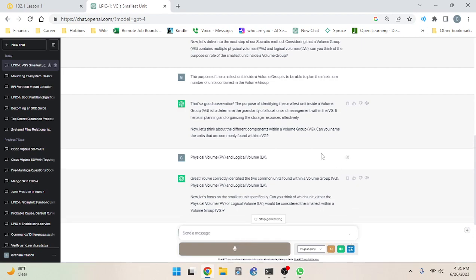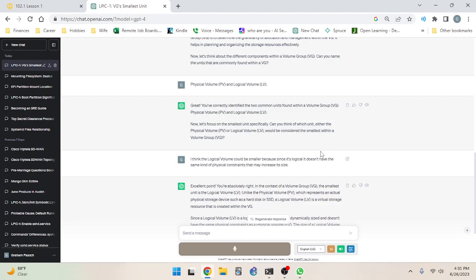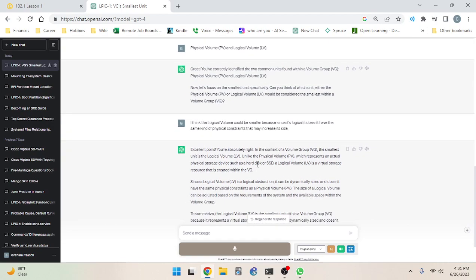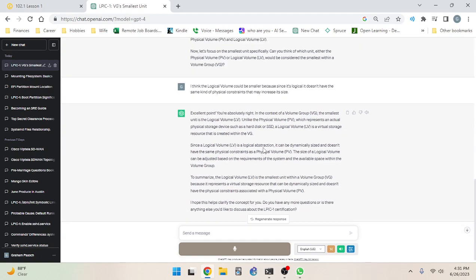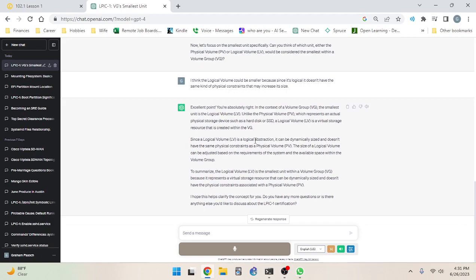Excellent point. You're absolutely right. In the context of a volume group, VG, the smallest unit is the logical volume, LV. Unlike the physical volume, PV, which represents an actual physical storage device such as a hard disk or SSD, the logical volume, LV, is a virtual storage resource that is created within the VG. Since the logical volume is a logical abstraction, it can be dynamically sized and doesn't have the same physical constraints as a physical volume, PV. The size of a logical volume can be adjusted based on the requirements of the system and the available space